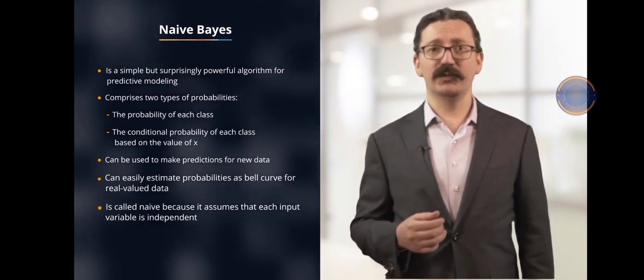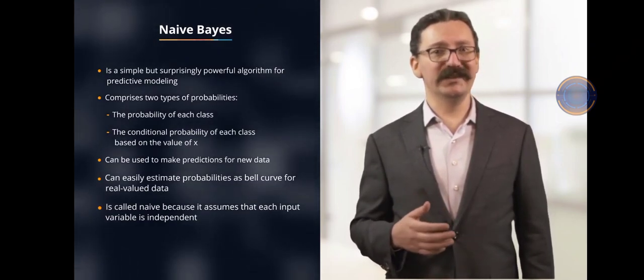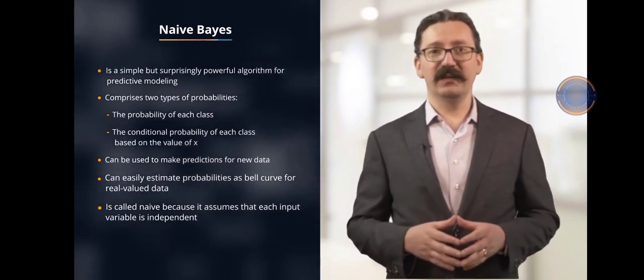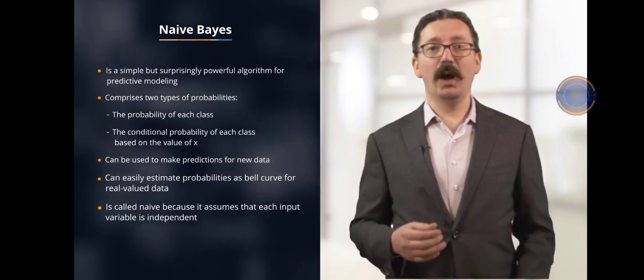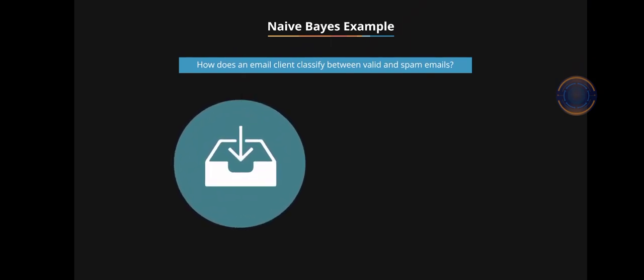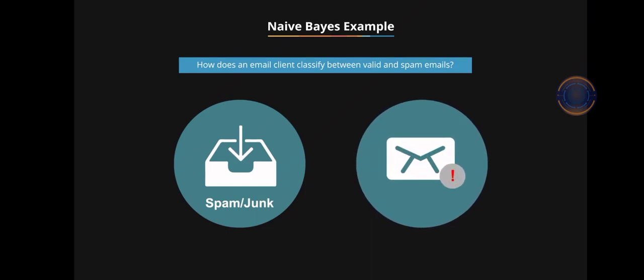This is a strong assumption and unrealistic for real data. However, the technique is very effective on a large range of complex problems. A classic example of naive Bayes would be how our email client classifies our emails as spam or junk and ham or